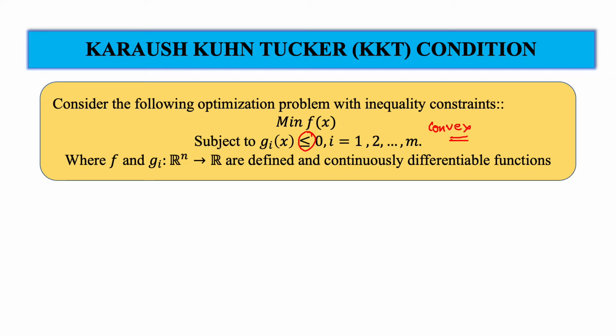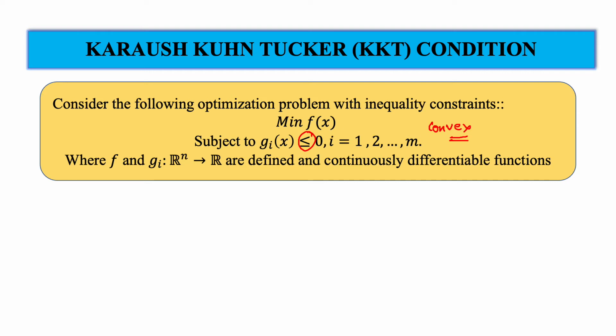So we have seen some examples of convex programming problem, and during the discussion of unconstrained optimization we discussed how we can find the optimal solution of an unconstrained optimization problem. Even in the starting we have seen that constraint optimization problems with equality constraint can be solved using Lagrange function. Now in this lecture we will see KKT conditions. What KKT conditions are, and why convex programming problems are important, all that we will discuss in today's lecture.